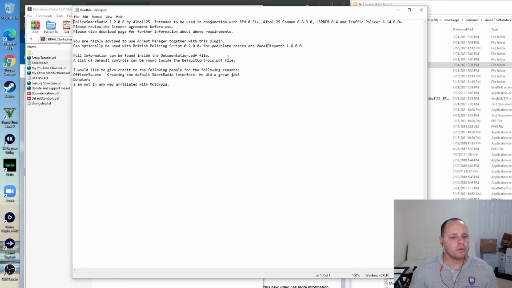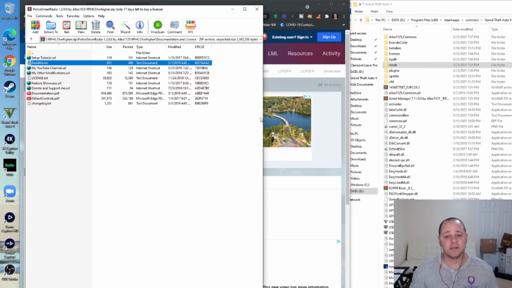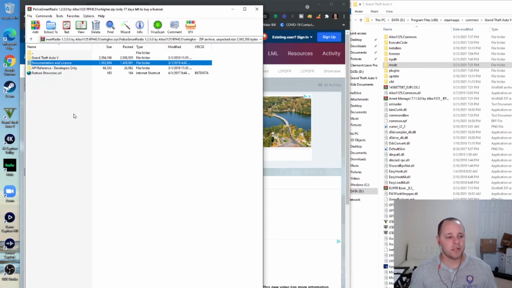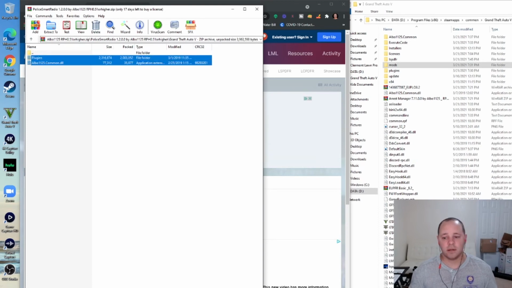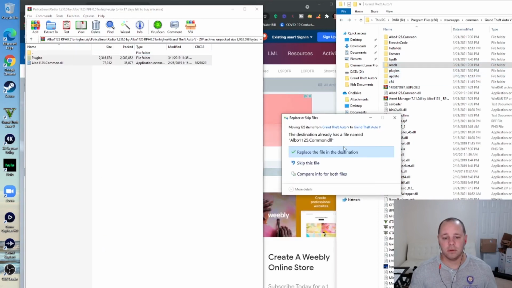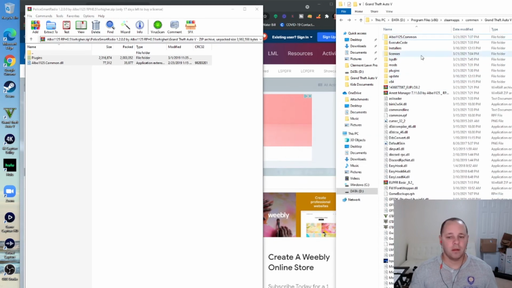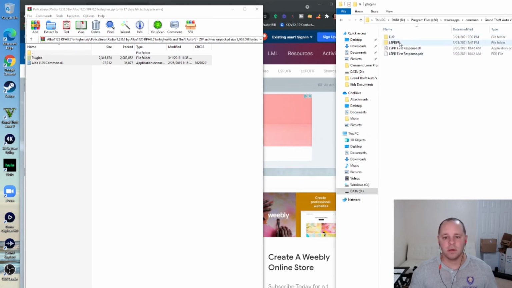List of default controls are in there. And of course, you're going to have some of these that don't have instructions on how to install in there. So there is a setup tutorial URL that'll take you to their YouTube channel and stuff like that, but I'll show you how to do it. Basically, click the Grand Theft Auto 5, drag those 2 over, and then always replace. So now we're going to go plugins, LSPDFR, here's Police Smart Radio,